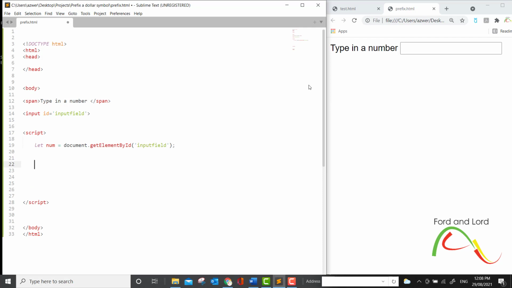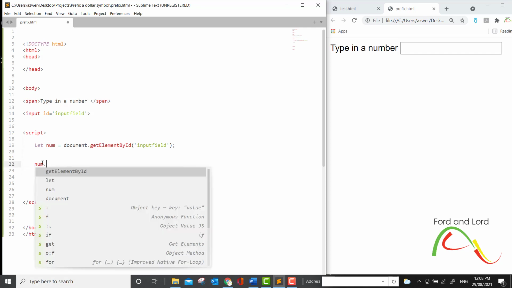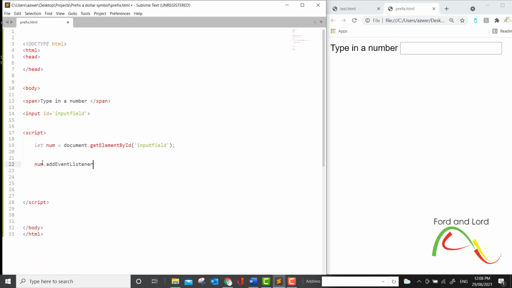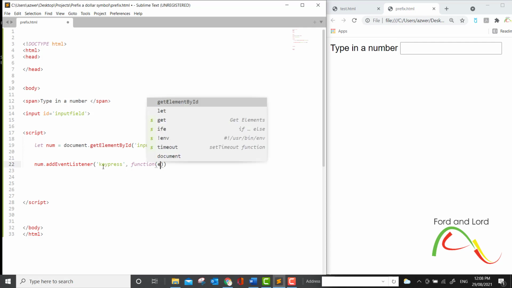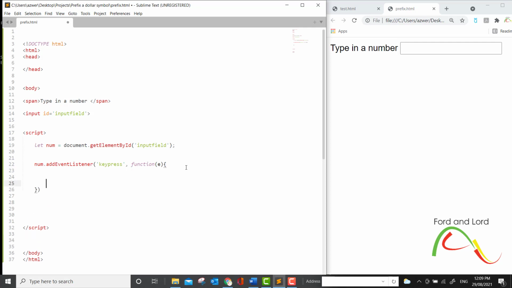Next, I want to add an event listener to this input field. I'll use this variable that I have just created, which is num, and I will say addEventListener, and I want to listen to any key press event. When a key is pressed, I want to create an anonymous function, and I will pass in this e as an argument, an opening curly bracket and a closing curly bracket.